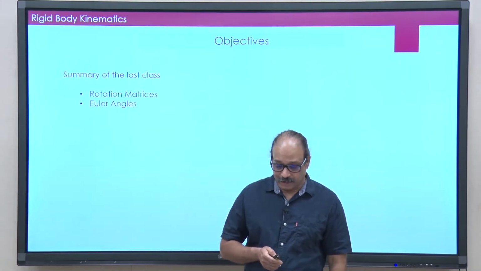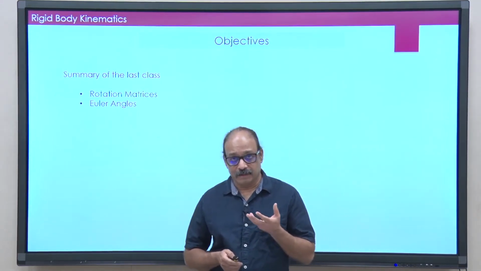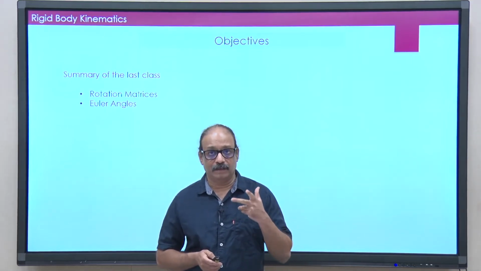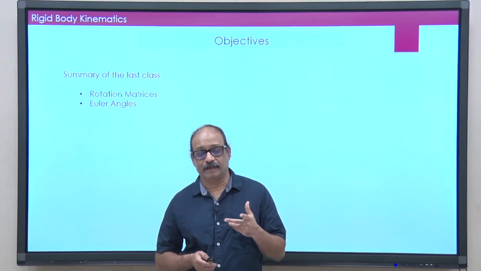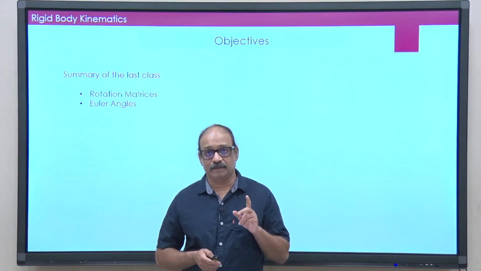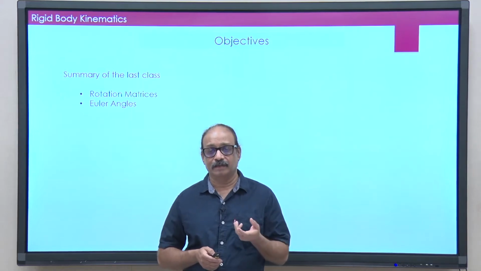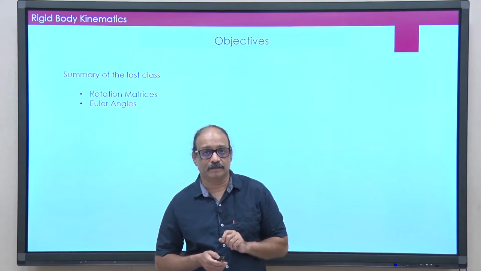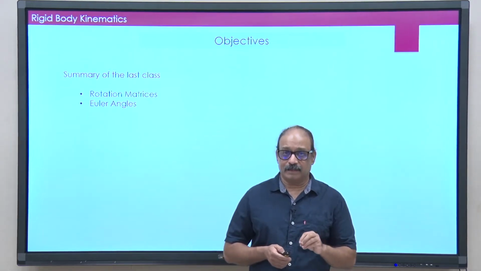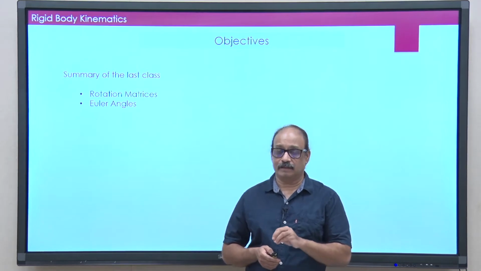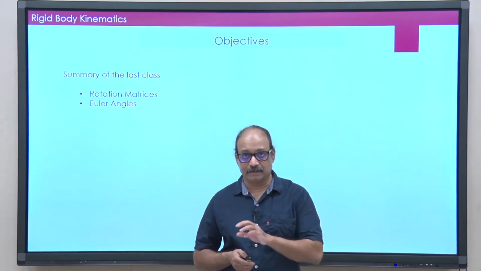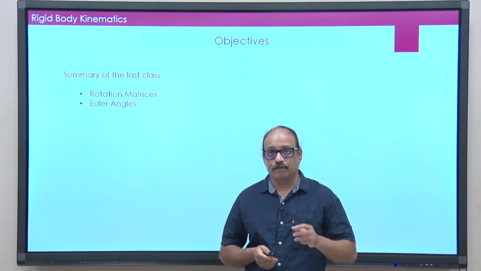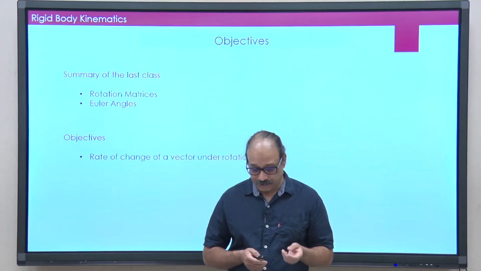Okay. In today's class, what I am going to do is, remember, in the motion of rigid bodies, the 3 vectors i prime, j prime and k prime are moving with the rigid body. So, we are essentially describing the motion of these 3 vectors as they rotate and change their orientation in space, and this is needed in calculating the dynamics of the system. So, this is why today we will talk about the rate of change of a vector in rotating frames. Okay. This is the objective of today.